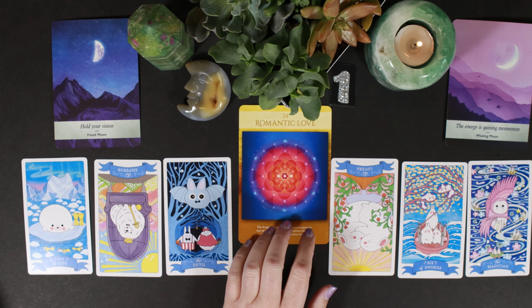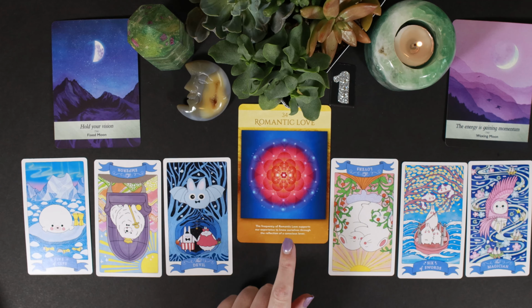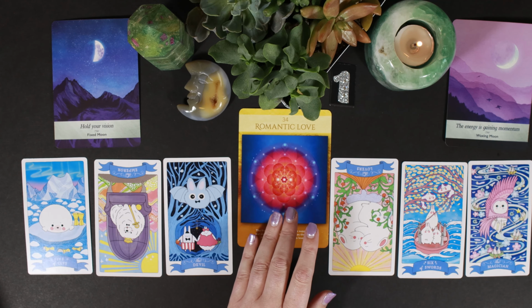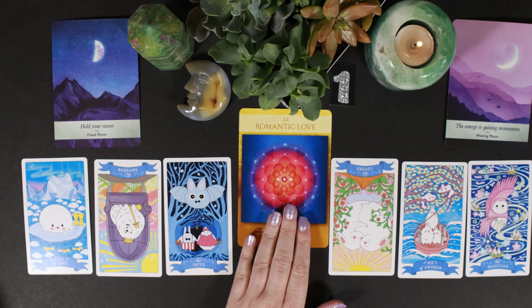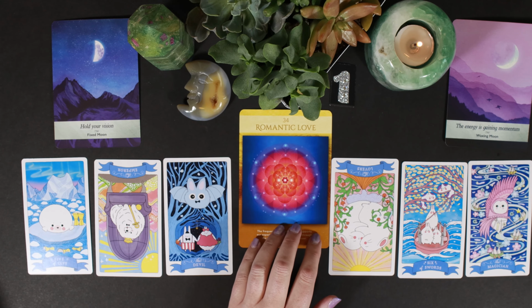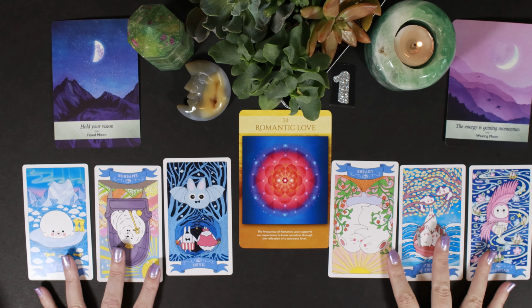Romantic love, when I was talking about having my hand over my heart, there are two places in your body, I think actually three, but we'll talk about these two, that hold memories. One of them is your mind, and one of them is your heart. There are actually cells in your heart, and this has been proven scientifically, that hold memories. What we don't know, though, is